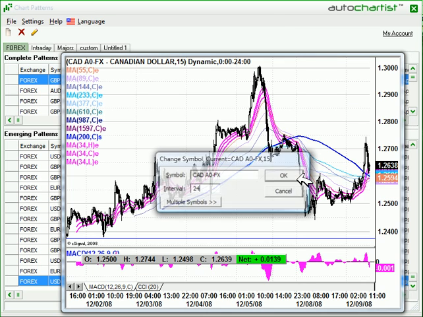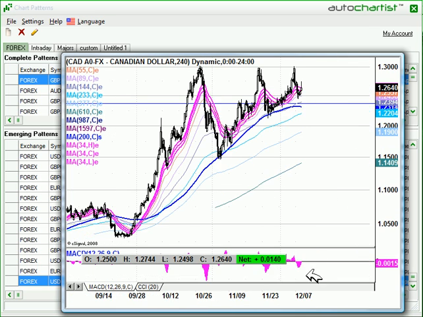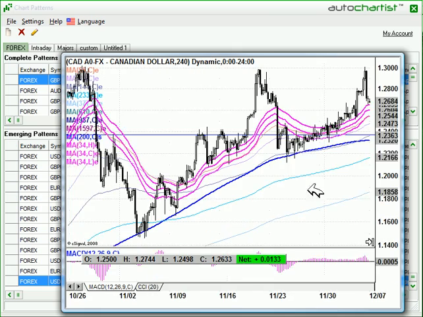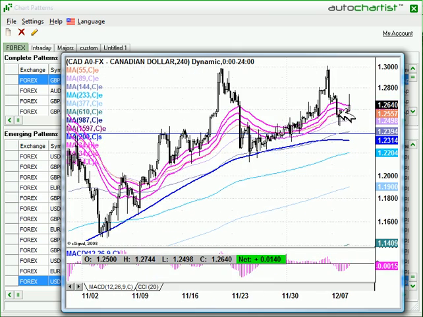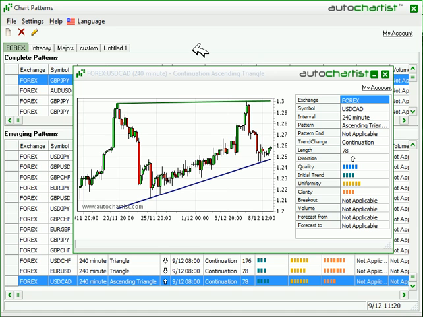So if I go to a 240-minute Canada, squeezing the market memory of about a month, I do have right now the beginnings of a sideways market. So this is a good pairing between what the 240-minute chart has cycled into in terms of a sideways market and this consolidation congestion pattern, which is a sideways pattern. Okay, it might be a big pattern, it may not be a pretty pattern, but there's a number of things